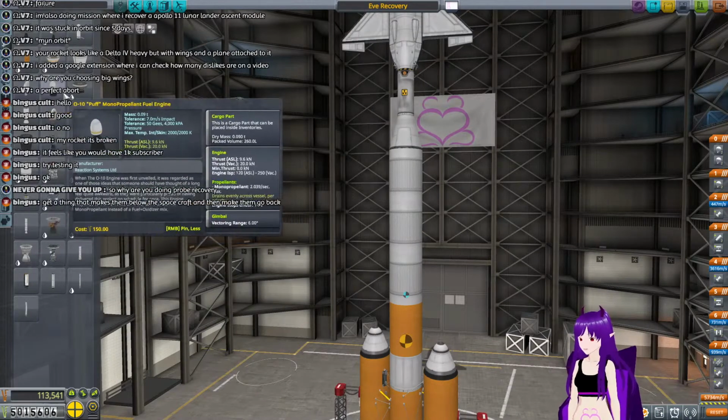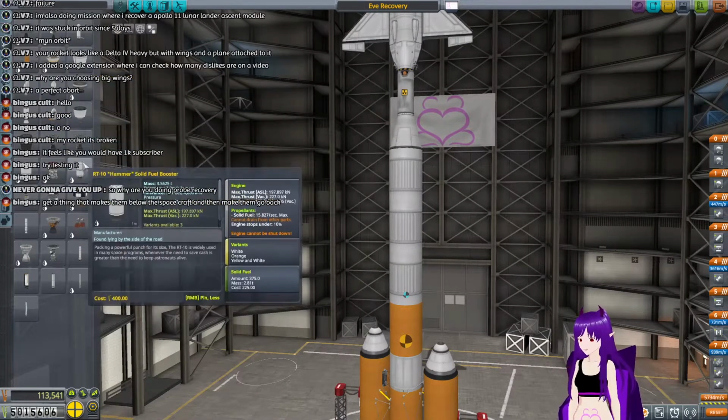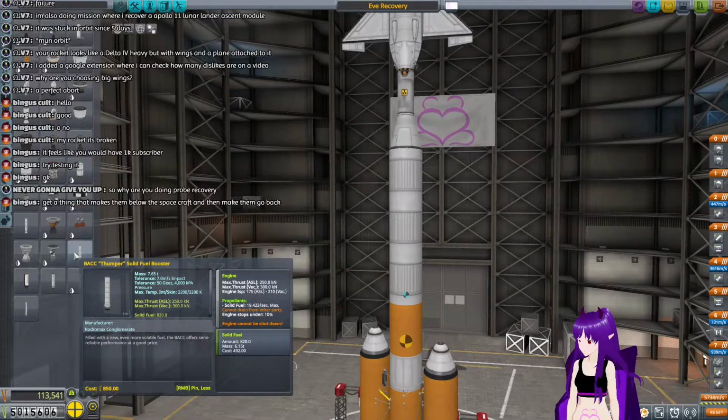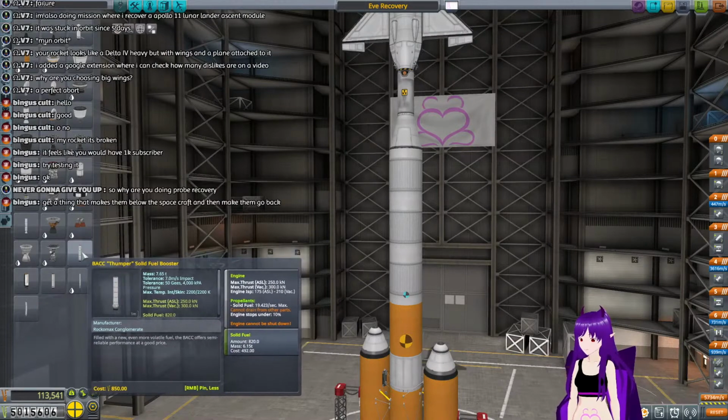Some of these side pod engines are pretty heavy. I was thinking of using them as ballast. Or even